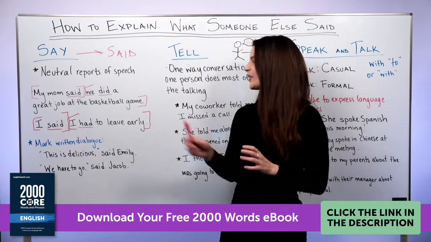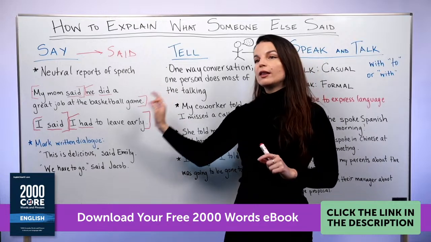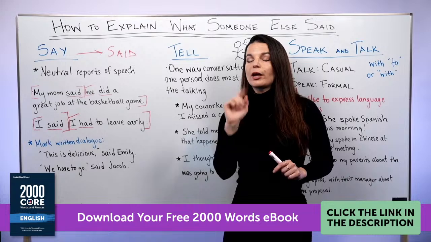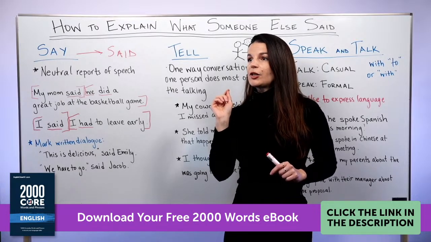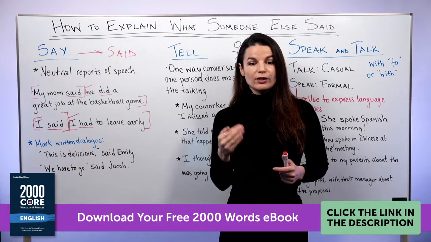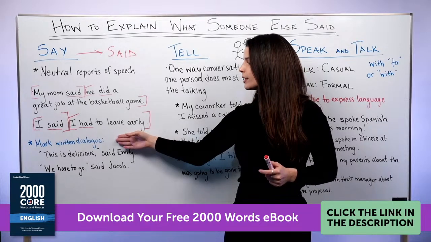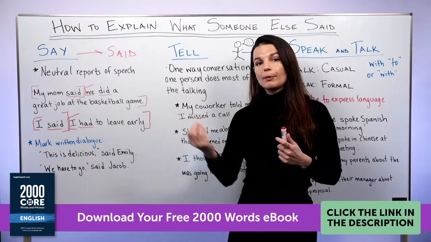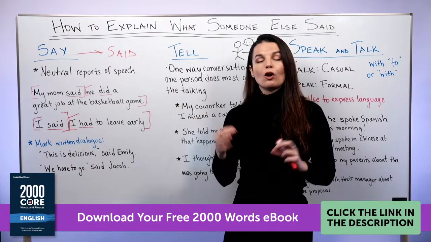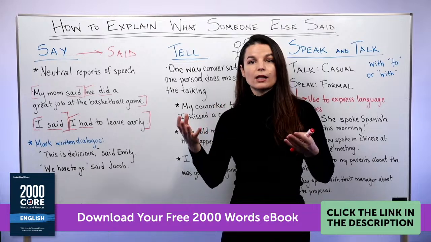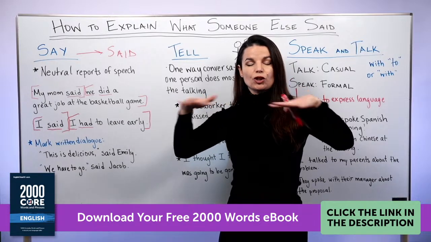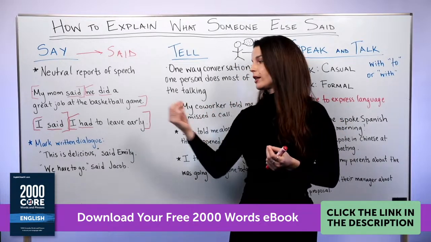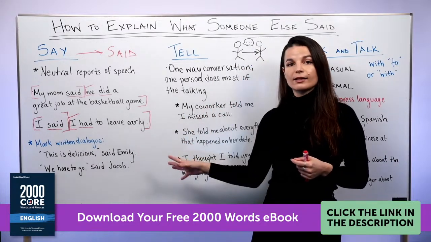Okay, then I want to include in this lesson one super important point, especially if you like reading books or especially if you like to write stories. When we use said, we use it, again, for neutral reports of speech, but we very commonly see it in books and in stories for dialogue. So dialogue means characters' speech, yeah? So if character A says something in the story, we mark it with said. So I want to include that in this lesson today.